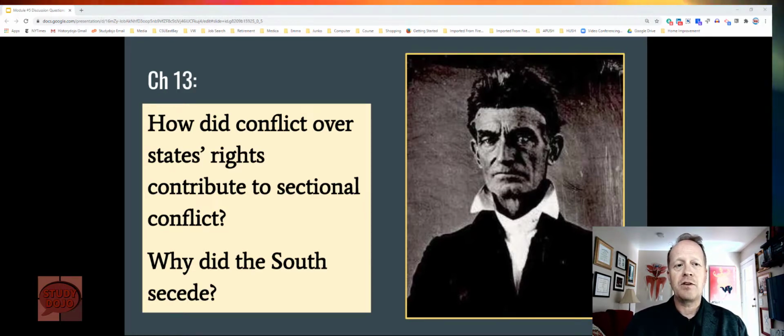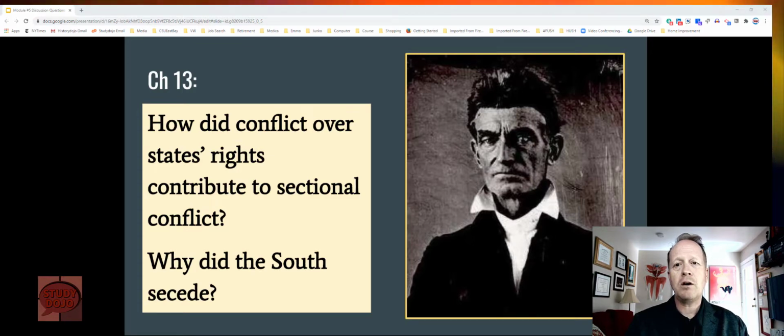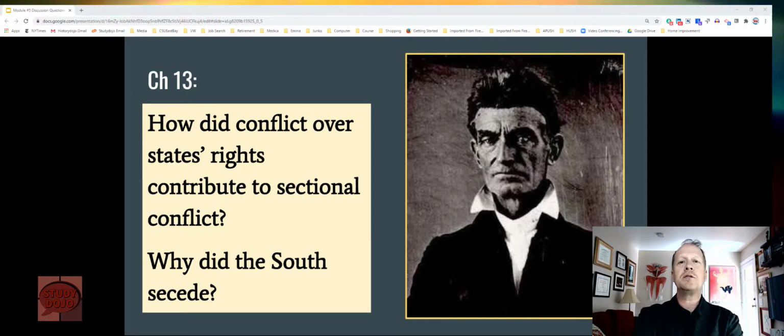debatable significance. Obviously, he was very significant to some. He was less significant to others. Some see him as a martyr to the cause of abolitionism. Others see him as a madman who took up arms against his own government. And in that sense, as a historian, I love John Brown because he offers so many starting points for discussion that can reveal the real value and impact history can continue to have on us today. So I'll go into more about John Brown when we have our face-to-face session, but the discussion questions for Chapter